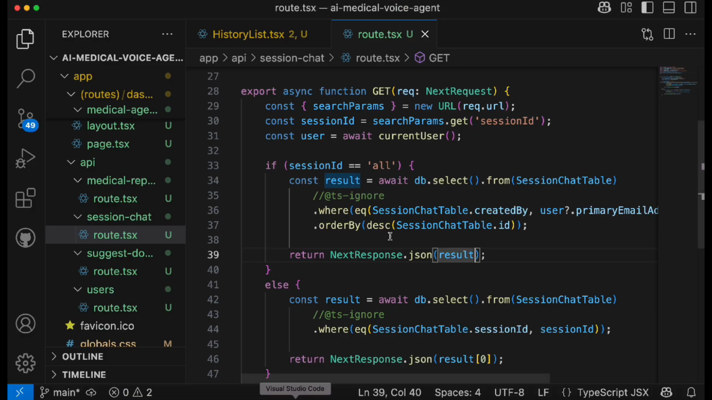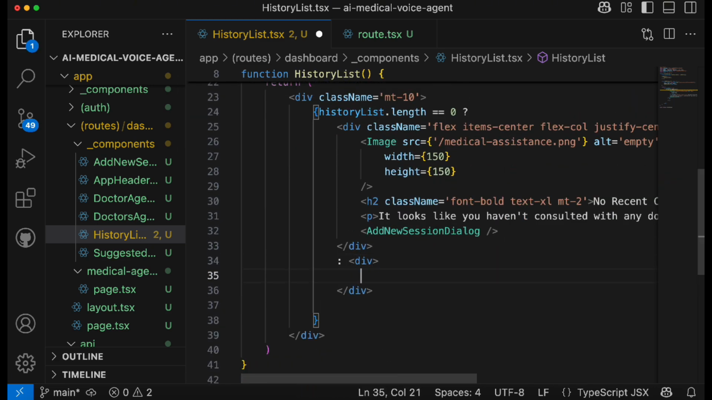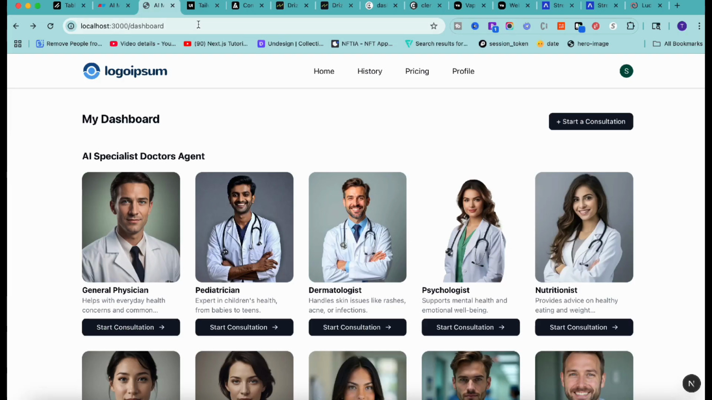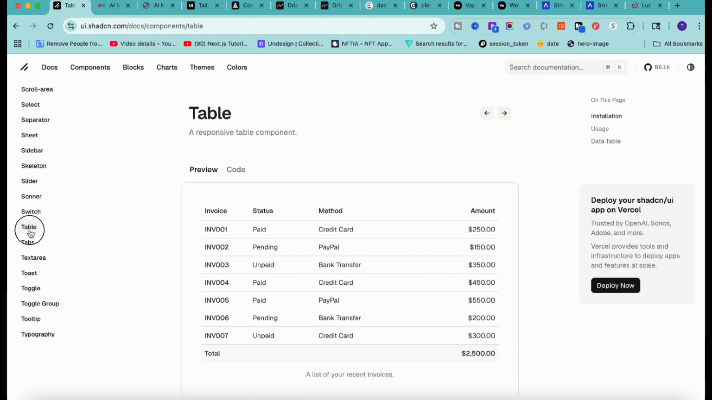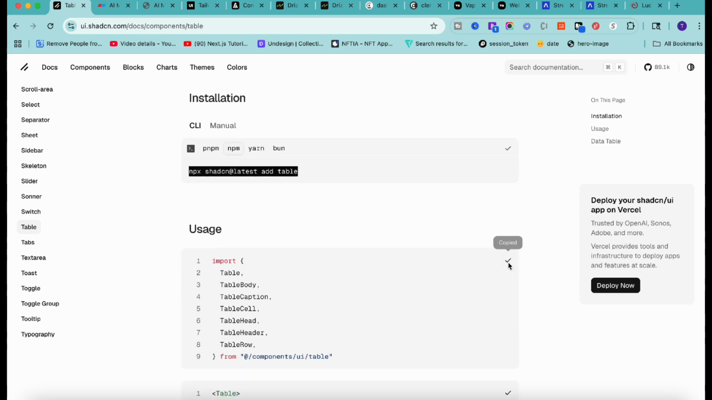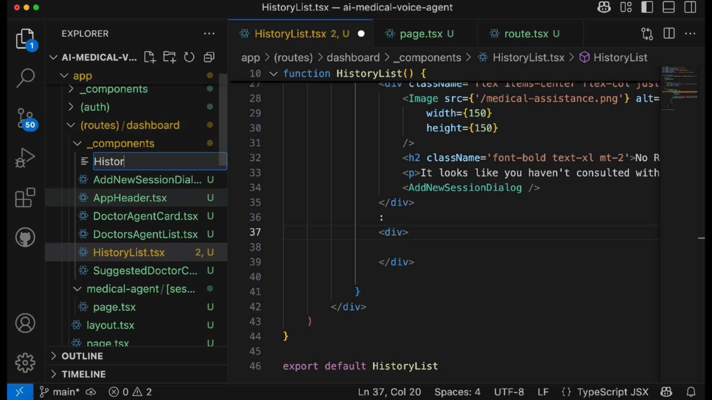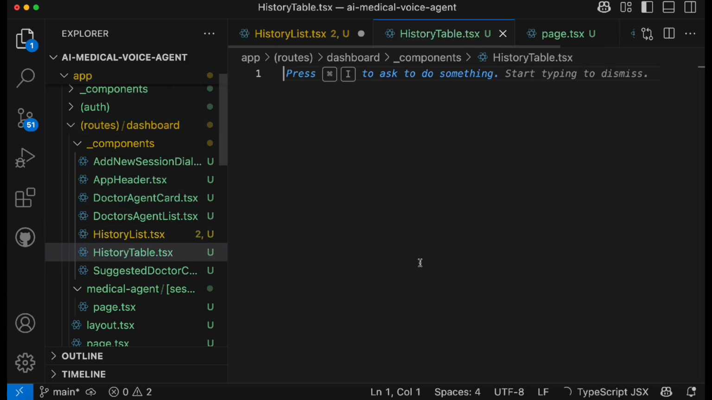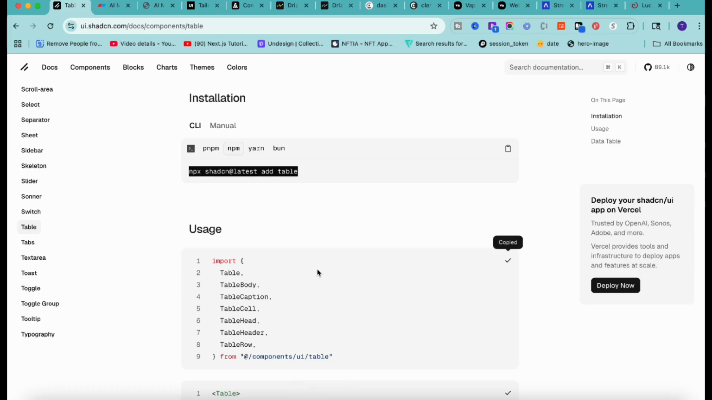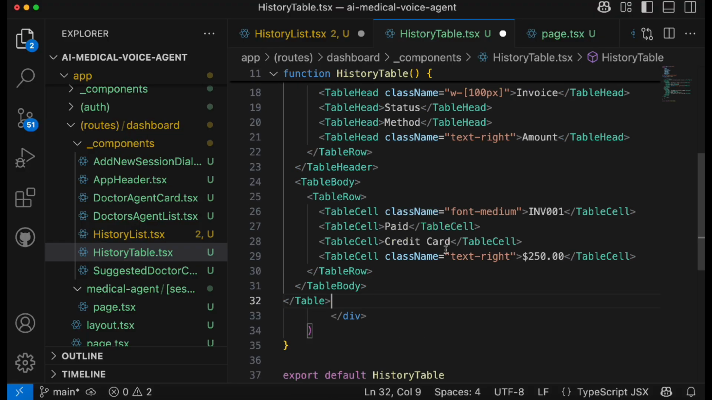Now once you have this list of history, we just need to iterate it and display it on the screen. In order to display it, we'll create a new component for the history table. I'm going to use the shadcn table component, so make sure to import that first, and then copy this import statement. Under the component folder, we'll call it history table.tsx, add a default template, and make sure to import this. Also I will copy this example